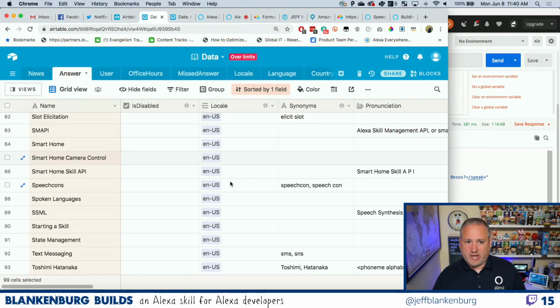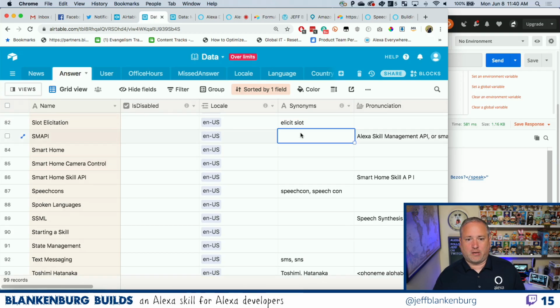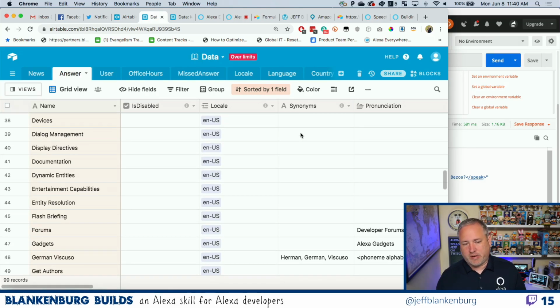But when I need to update it, all I need to do is come in and grab that JSON, paste it into my model, and deploy it again, and boom, I have all my new synonyms, all my new slot values. Makes it really easy. And I'm not typing or managing my way through a JSON file and making sure that I made all the changes. I just get to blow it away and import. Where I should get is to build a script that actually rips the data out of here and updates the file for me automatically. That's a little more complex. I haven't done that yet, but that makes a huge difference.